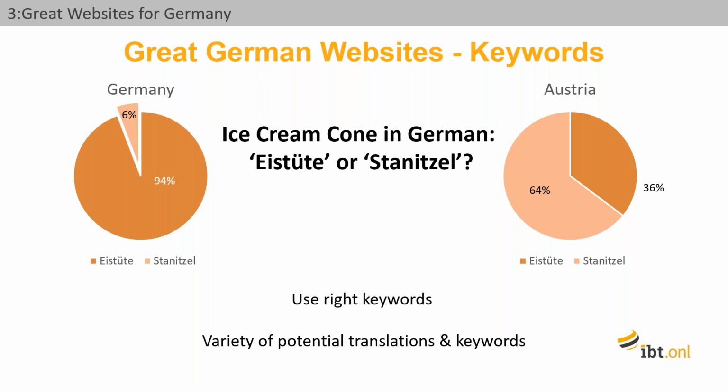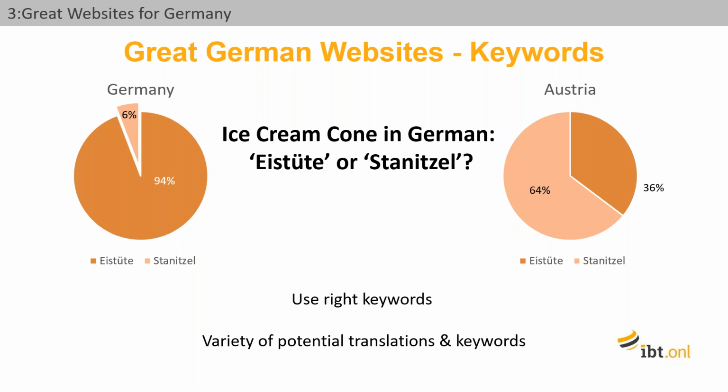And also something you should note is that Germans love abbreviations. This is maybe the flip side of those long compound words. So often the best keyword is actually the abbreviated version rather than the long version of the word, because it's just easier to type in a short version of a long word.